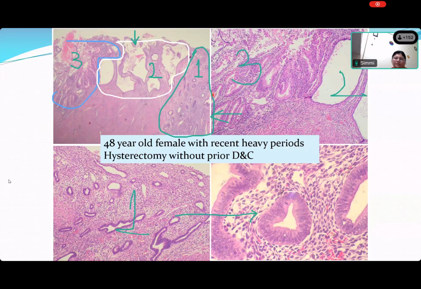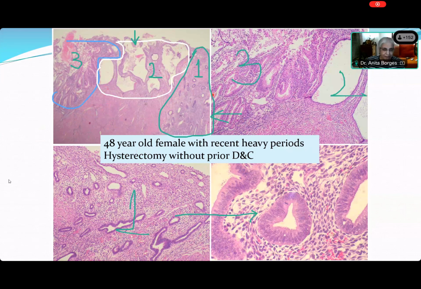The changes of endometrium depend on the amount of estrogen she's exposed to. Okay. So has she got any progesterone in the system? Come on, Simi. You're not sure about it. Okay. It's usually unopposed estrogen. Nargis, is there any progesterone that has acted on this endometrium? You're there, right? Yes, ma'am. So has there been any progesterone that has acted on this endometrium? No, ma'am. Absolutely.